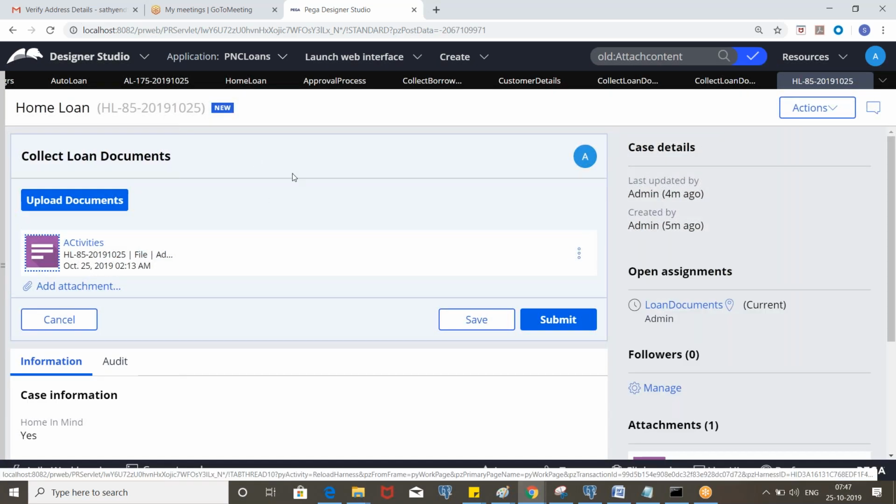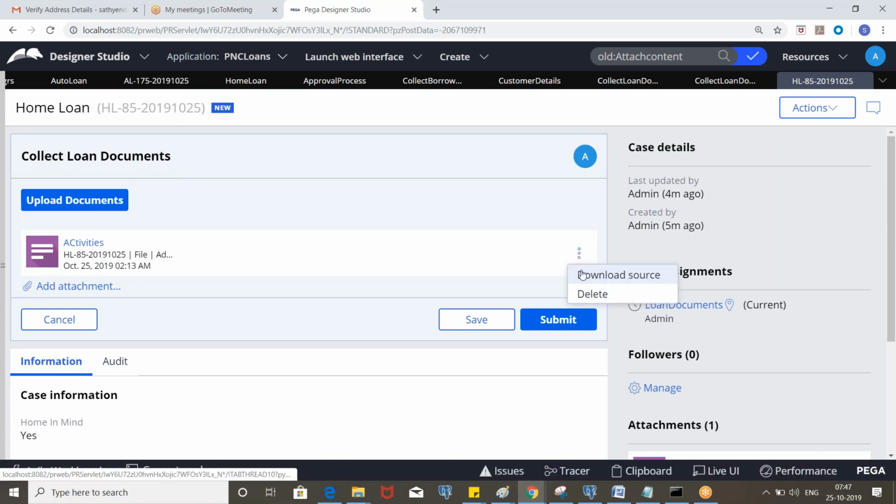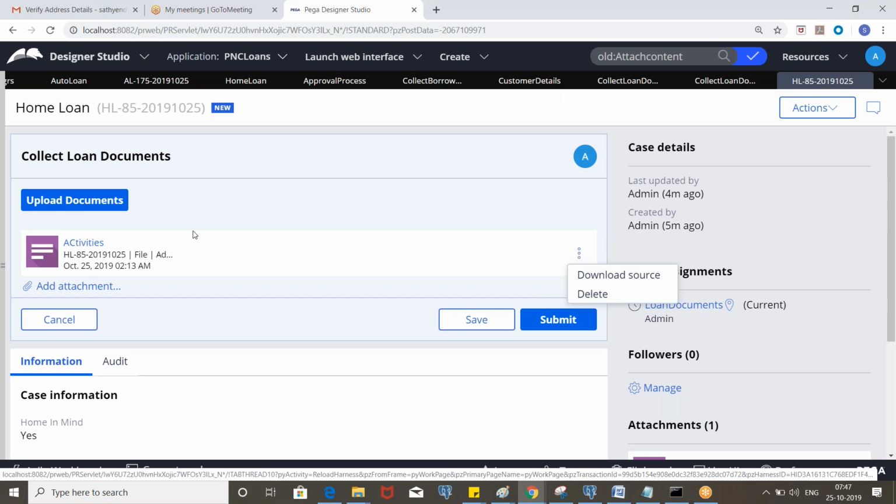Right, so the list of documents, as you upload here, you will see here, and you can delete. Or you can create your own table with the pyAttachments, and you can select whatever properties you want, and you can provide a checkbox, so through the checkbox also you'll be able to delete.